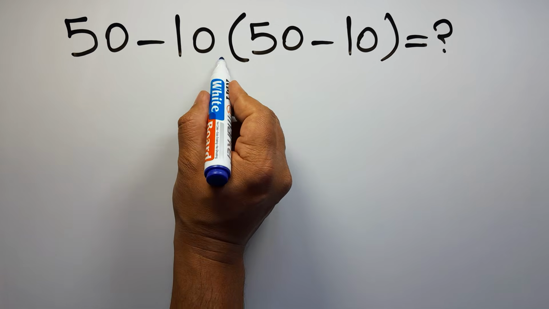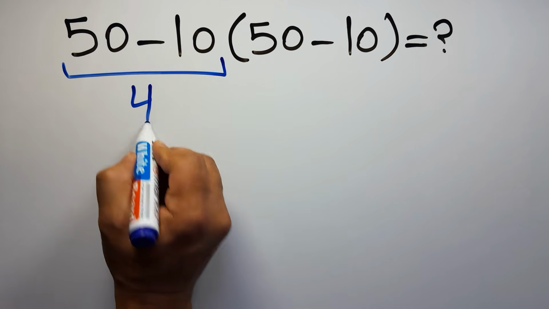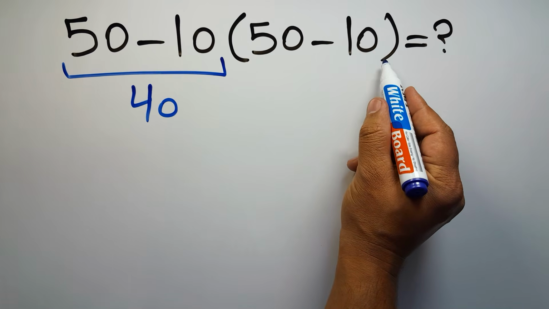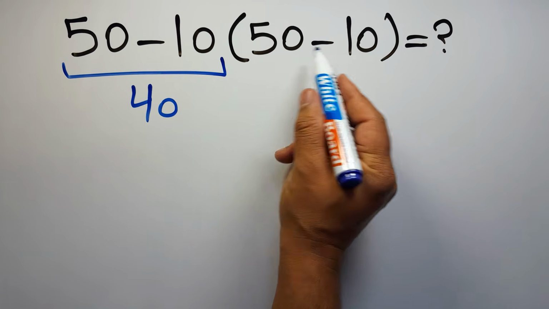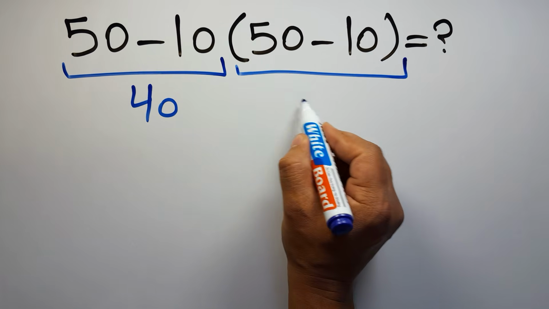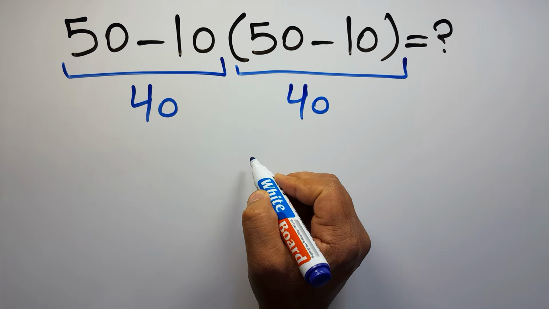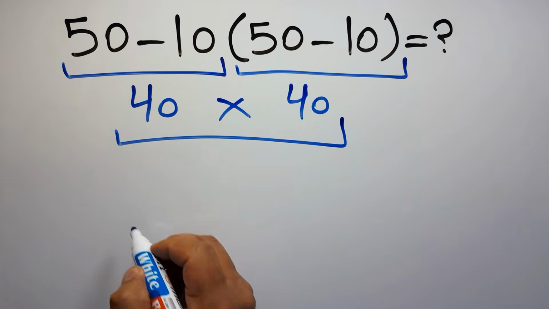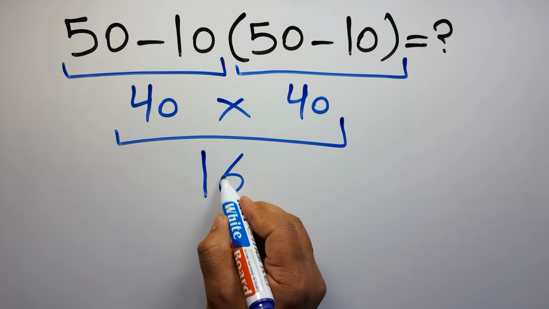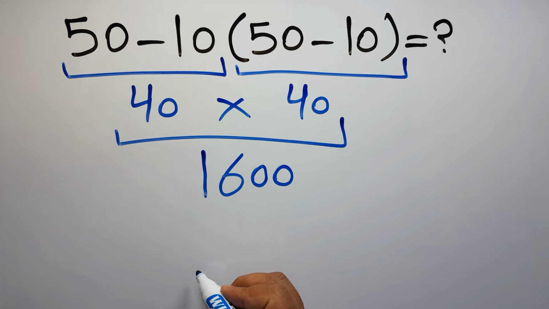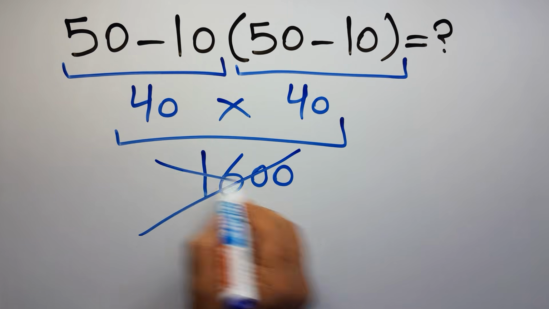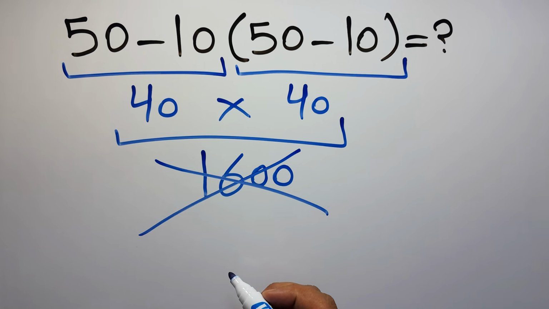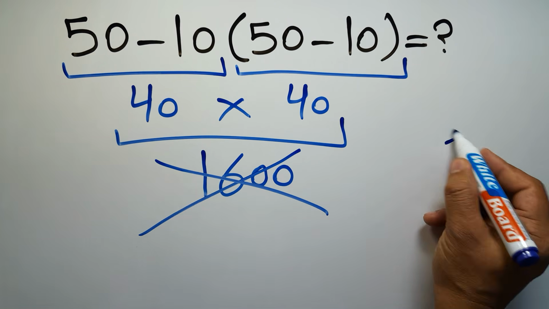50 minus 10 gives us 40. And again, here inside this parentheses, we have 50 minus 10. So 40 times 40 equals 1600. But this answer is not correct because according to the order of operations, which is PEMDAS,